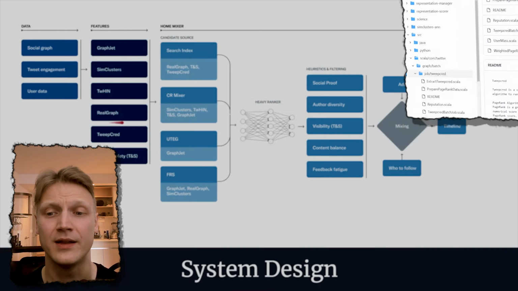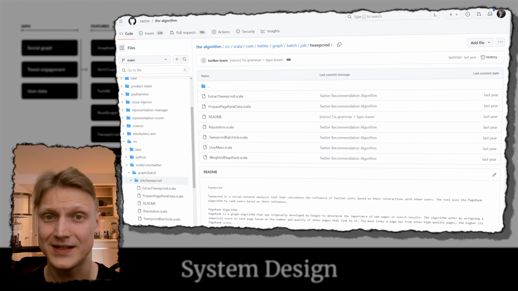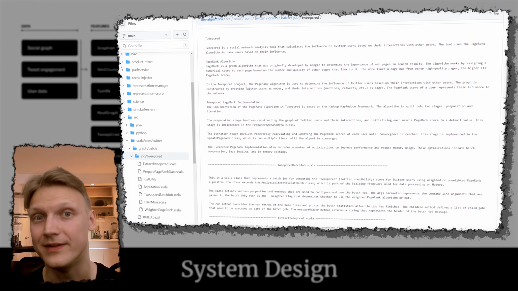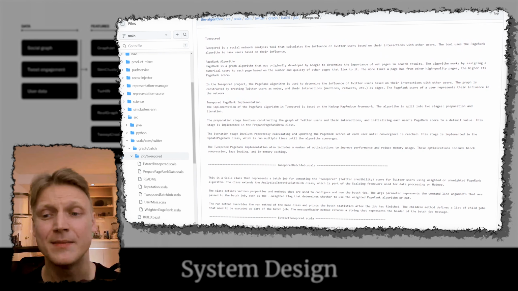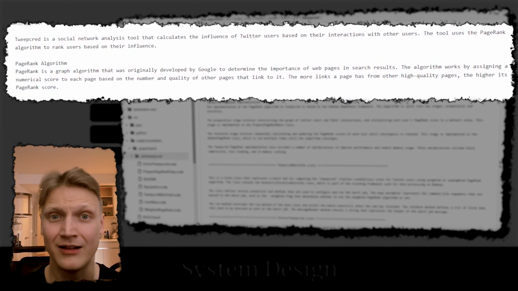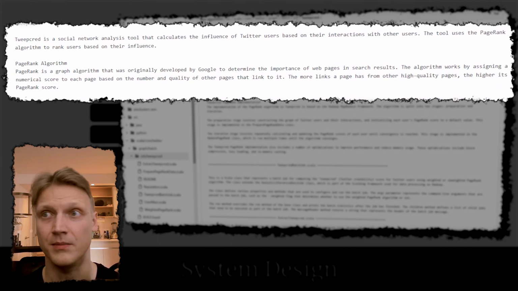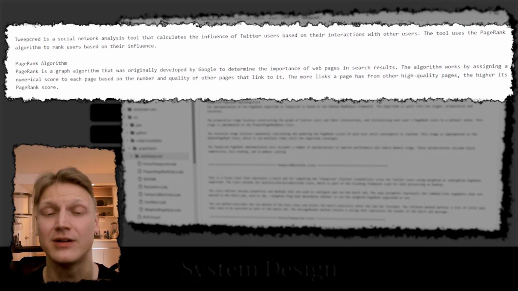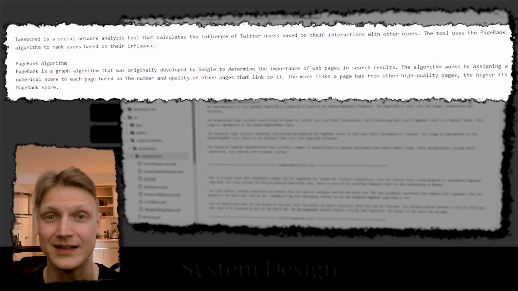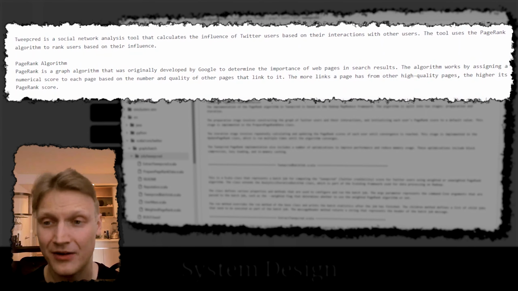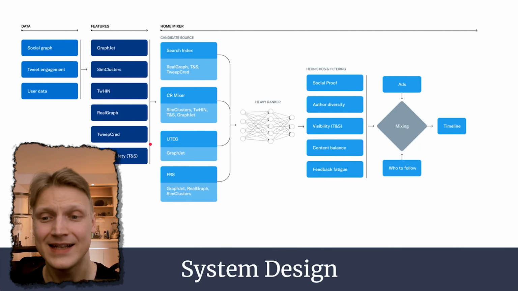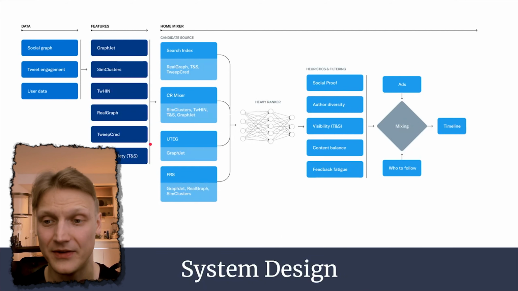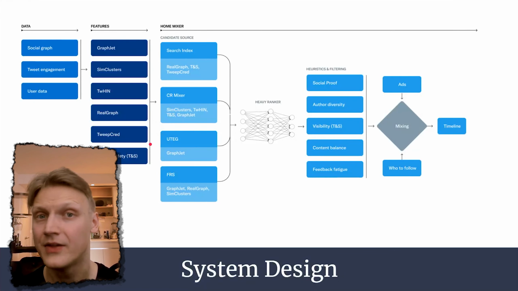The first one simply calculates a user's influence over other users based on their interactions with them, or the amount of interactions. It works similar to Google's PageRank algorithm in the old days, where more links leading to a page would mean a better page reputation and a higher rank in a search page. There are better algorithms available today, and as such, I don't think that this algorithm still remains relevant and has been substituted by other systems by now.